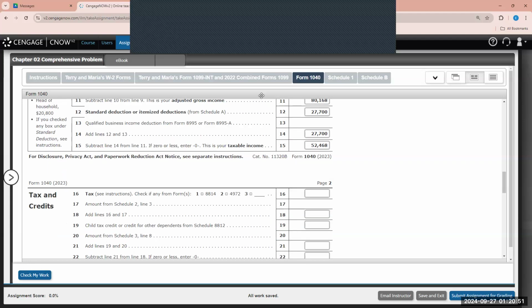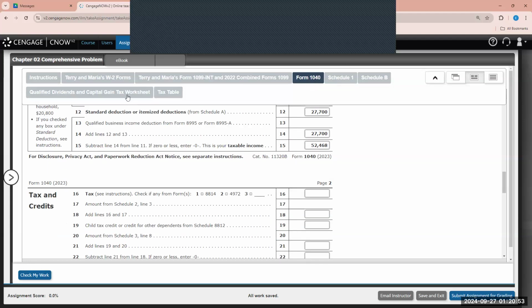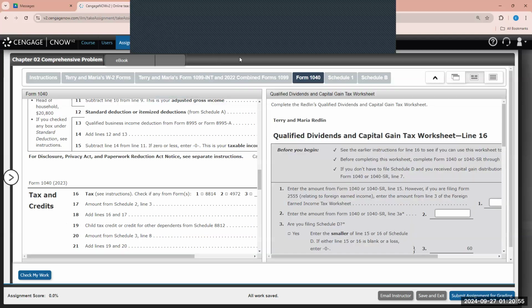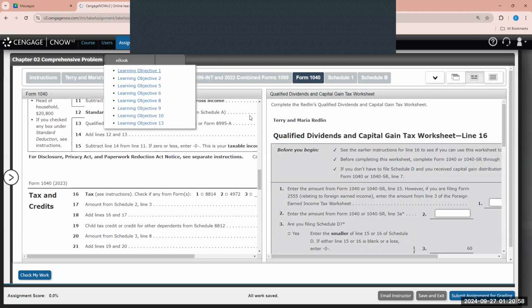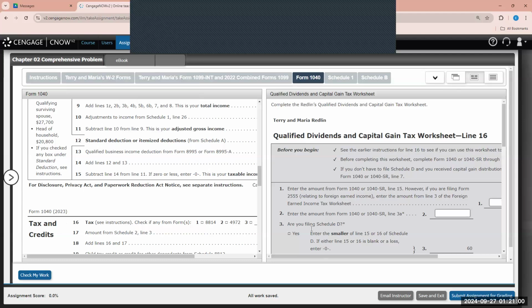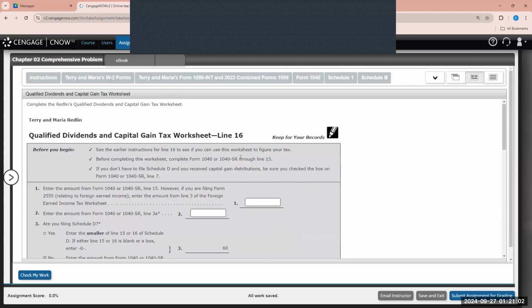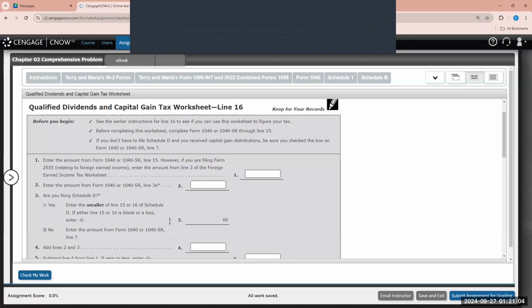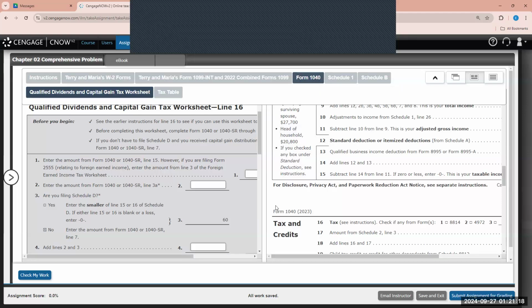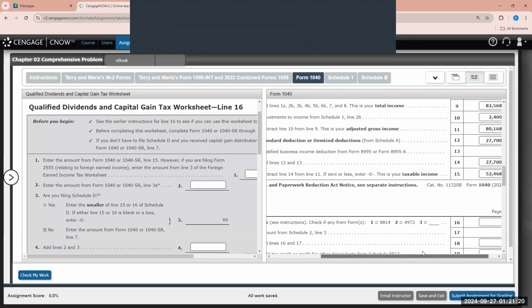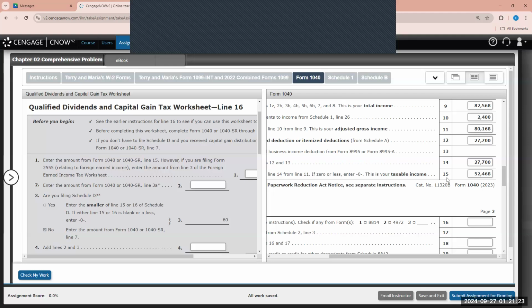All right. So now we're at this step where we need to calculate the tax. But before we can calculate the tax, we need to account for the qualified dividends and capital gains worksheet. So we start to look at this. I'll close the Form 1040 just for space purposes of us being able to see everything. So this qualified dividends and capital gains tax worksheet. We start off with entering the amount from Form 1040, line 15. So if we go back to our Form 1040, line 15, the taxable income is